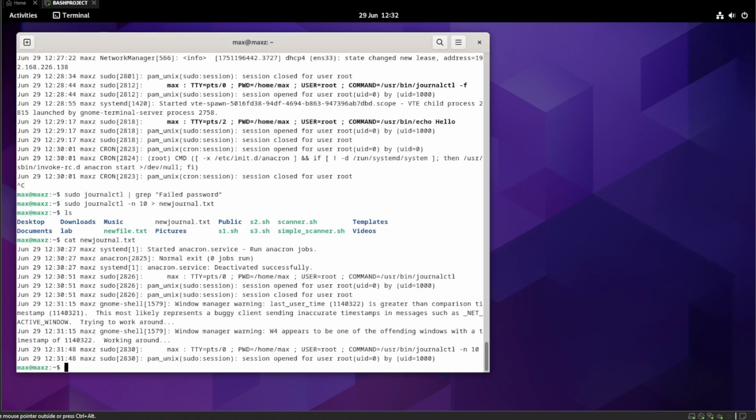So if we were to run that, it will list every single thing in this file. It is good for smaller files, I would say. If you're looking through bigger files that you know may contain a lot more log entries, you're better using less